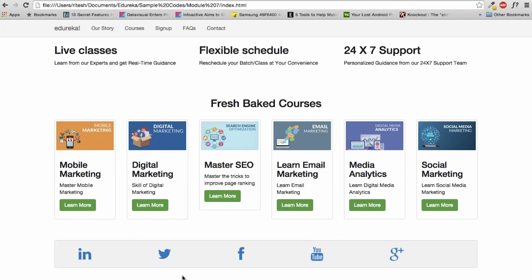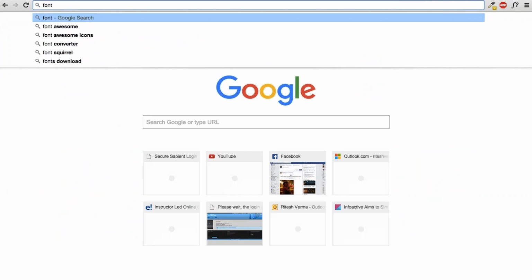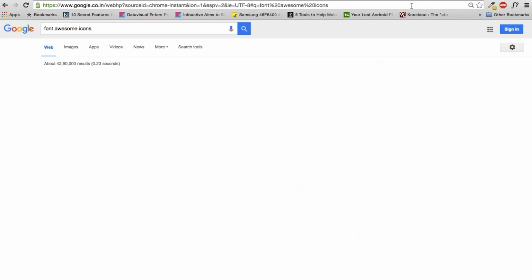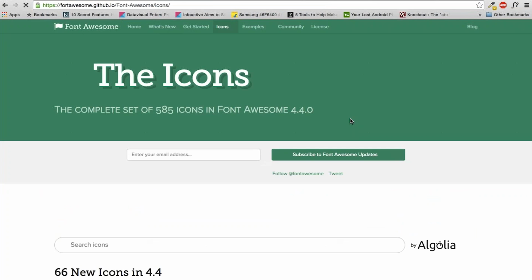As you can see, the web has now become more interactive and everything is available on mobile devices as well. We cannot afford to use images for everything. So for these icons, there is something known as Font Awesome and also Glyphicons. These are not images. These are fonts, just like Times New Roman, Arial, and all those.